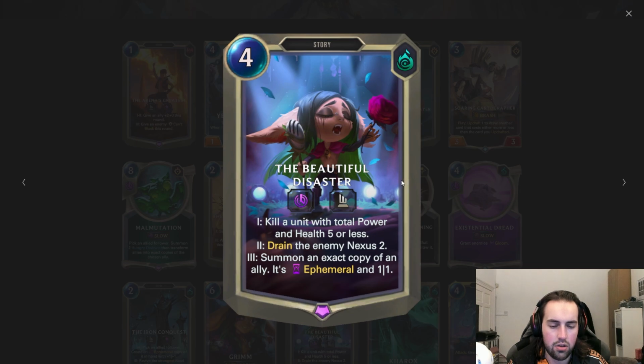Okay. Slow speed, that doesn't seem worth it. Summon an exact ephemeral copy of an ally. It's ephemeral on... That's Splinter Soul, I think the card's called. How do I feel about this? This card feels a bit slow. Like, I know it's a slow card, but like...